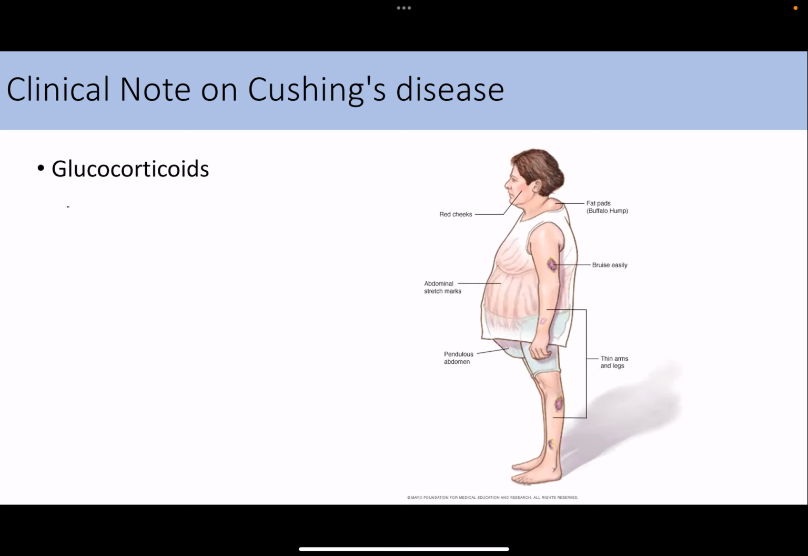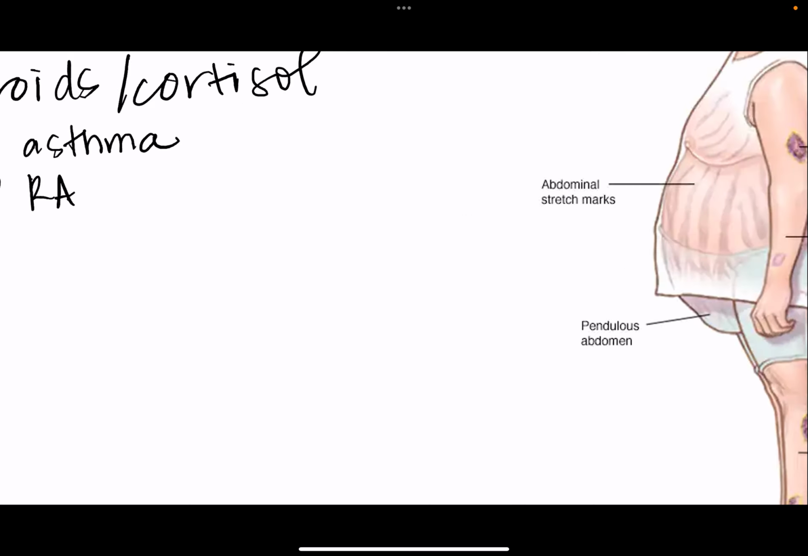So it's an excess level of steroids or cortisol, which can be doctor mediated, so you're prescribed too much of this, or if you have a chronic disorder that causes the release of cortisol on a regular basis. So things like asthma or rheumatoid arthritis that cause a lot of stress on the body and a lot of cortisol release can lead to Cushing's disease. Also, if you have a tumor,